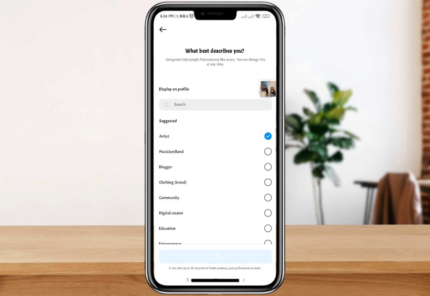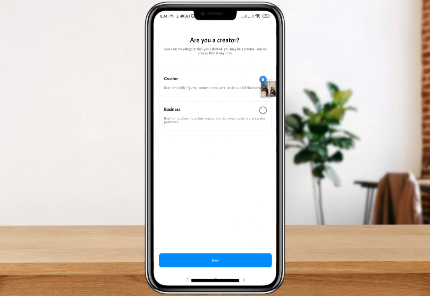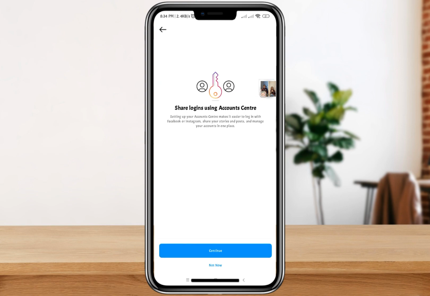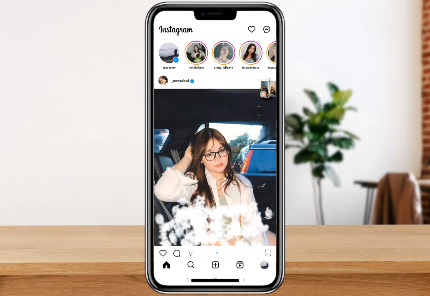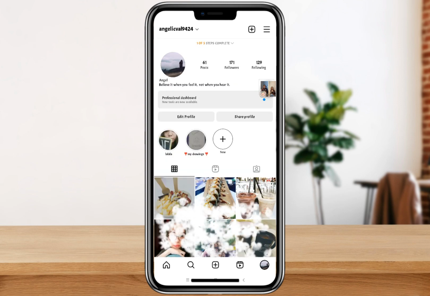So in most cases, whenever you change your account into a professional account, it solves the problem of the lacking features of the account. And whenever you change your account into a professional account, it kind of upgrades your account. So you might want to leave it like that. But as of now, I might return my account into just a normal account. As I have said, whenever you change to a professional account, it usually solves the problems or the missing features of your